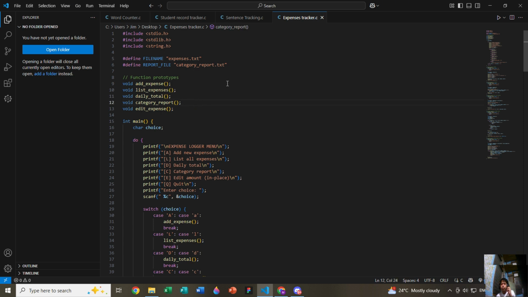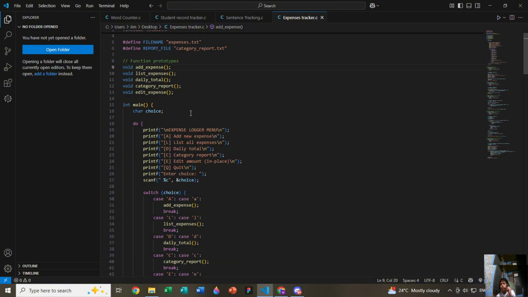The category report will be used to create a report file and put it into category_report.txt. Finally, the edit expense will edit the expenses that you have already added, and once you choose list expenses, it will then display the new values.